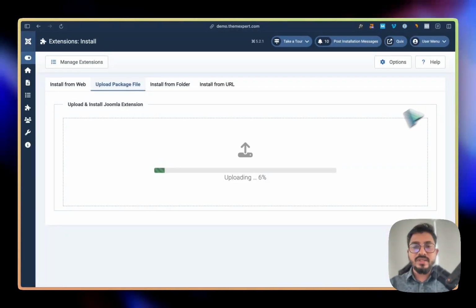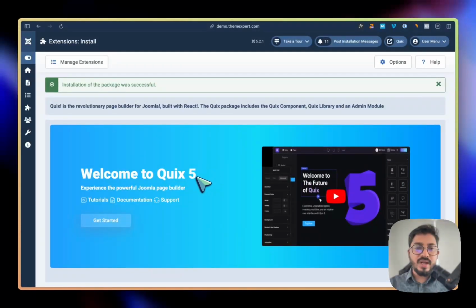It will take a few moments to install the Quix 5 builder because it contains the plugins, the framework, the modules and all these stuffs. So it may take a few seconds to complete the whole installation process, and once the installation process is done, you will be greeted with a beautiful getting started section. So let's see how it turns out. It's almost done. So yeah, the installation is done, and voila, you now see a beautiful greeting screen where you